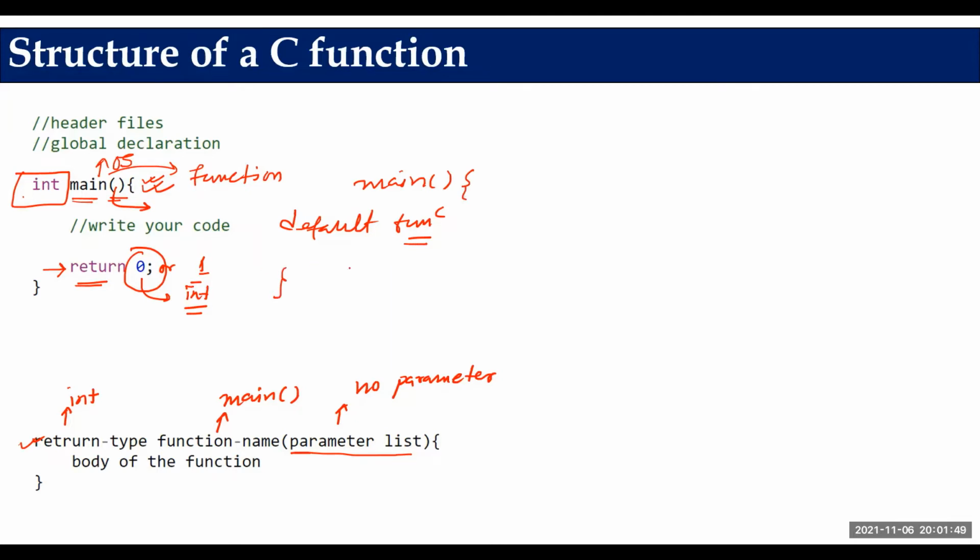This represents the body of the function. So a function also has a body. Body means that we're going to write certain logic inside it, maybe one line of code, maybe 100 lines of code, but specific to a particular task only.